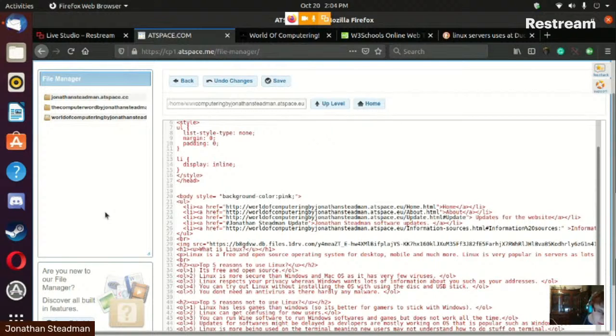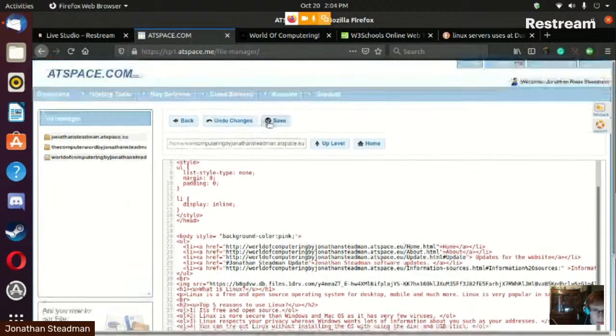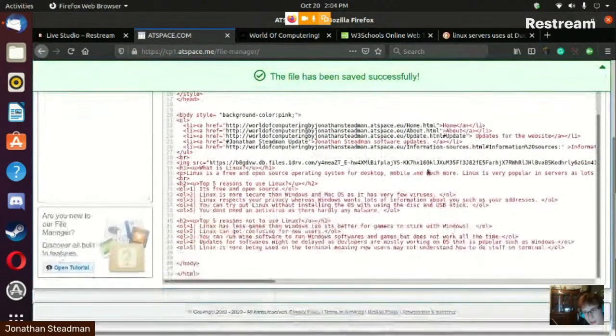That is true. Most stuff on Linux is done on the terminal, such as installing new software, updating software, and so on. So yeah,